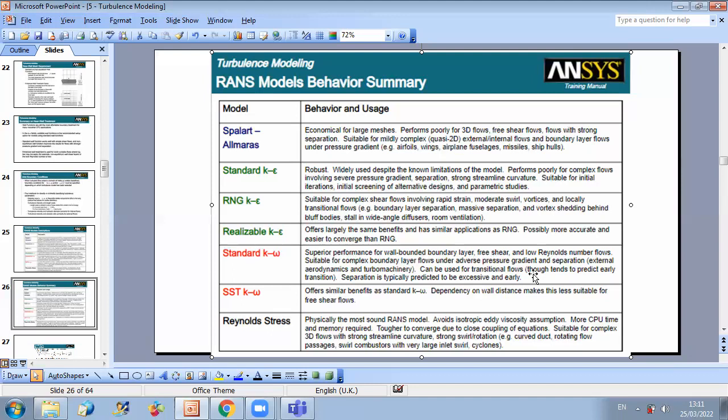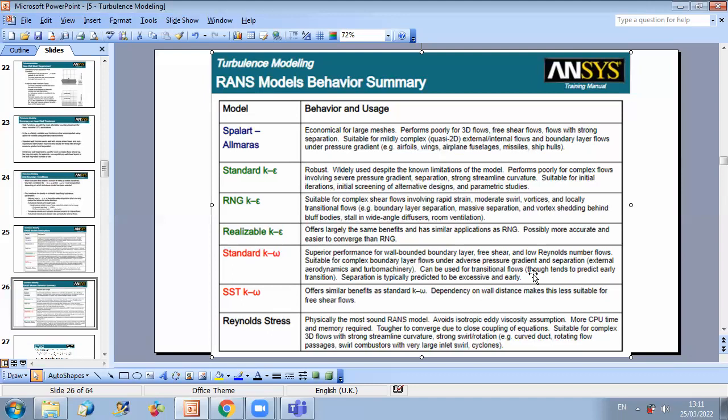Sometimes we start with the standard K epsilon, and then we move to more complex scenarios after. So it can be used as a transition turbulence model because convergence is relatively easier with it. So you can initiate your run with standard K epsilon, and then move if you want to more